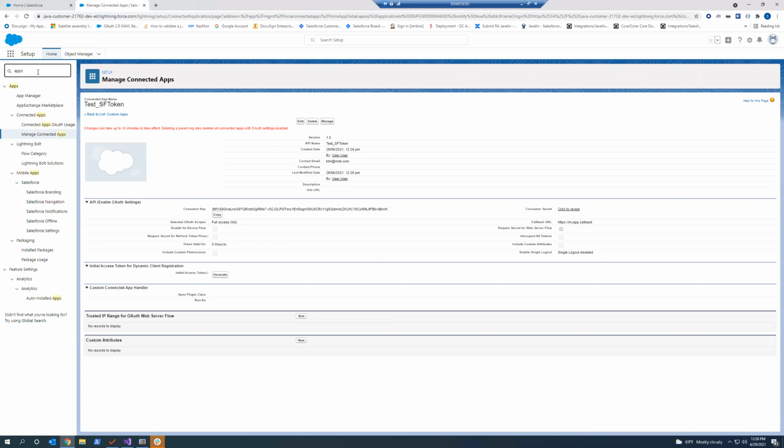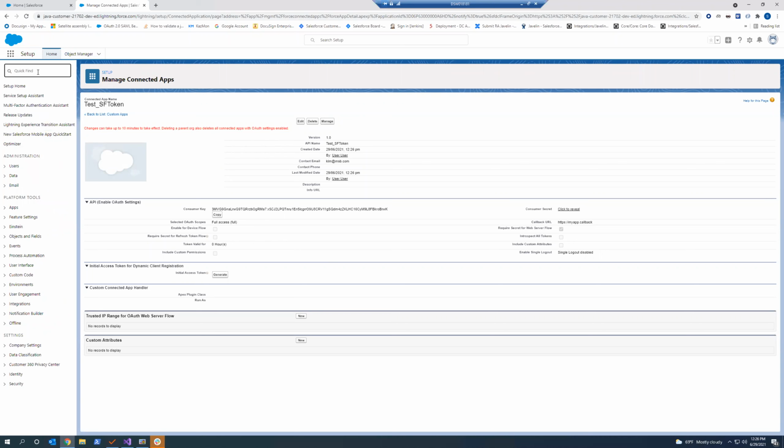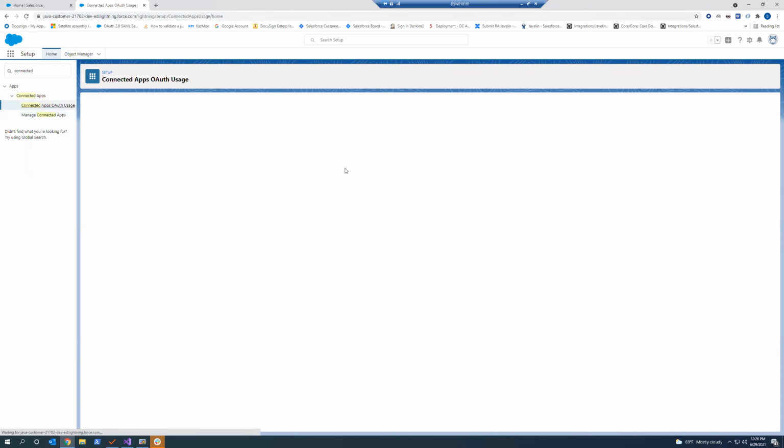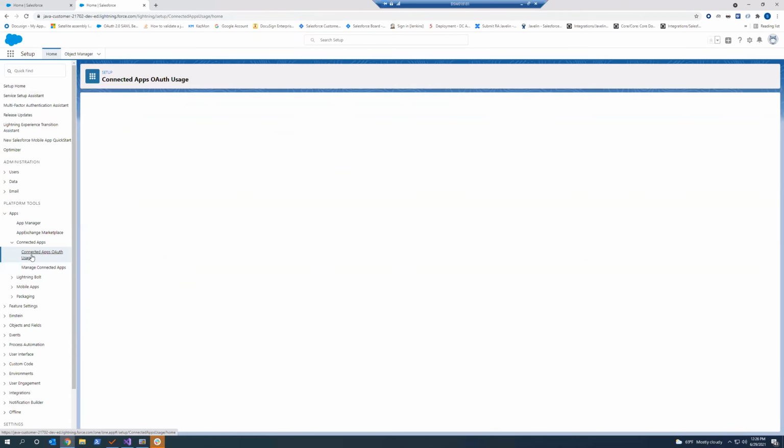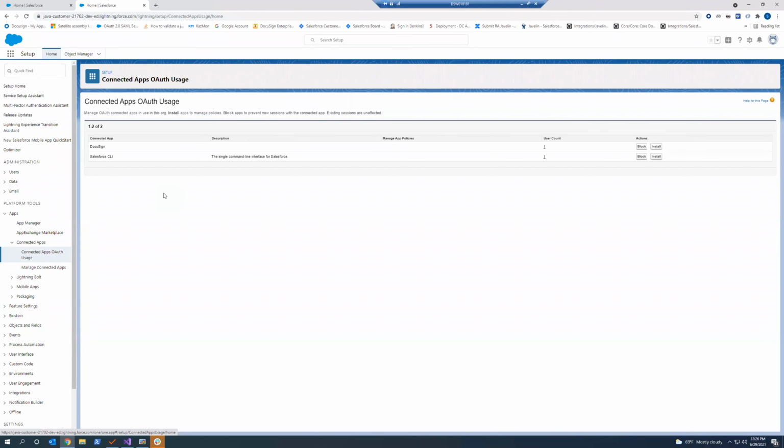Not only this, Salesforce provides really good telemetry on how your connected app is performing. You can see Connected App OAuth Usage. It can tell you how your connected app is being used, how many requests it's going through, how many authentications failed, and how many authentications have been enabled. This is where you can see the authentication. Since no requests have been made using the connected app, you cannot see that right now. Once your app is in action, you will be able to see all the information which is required.